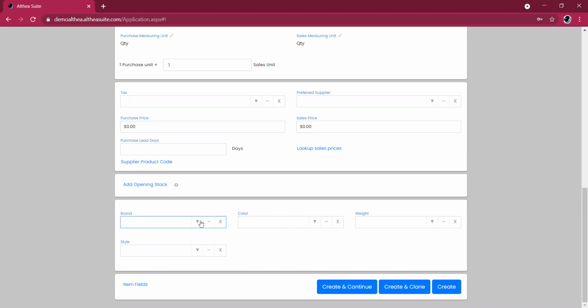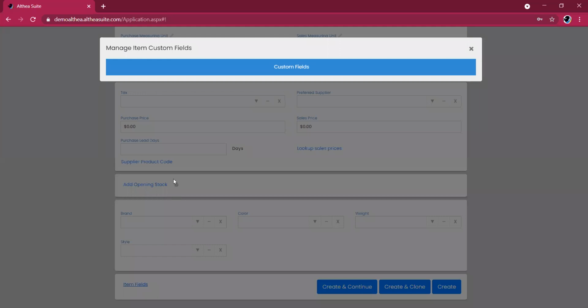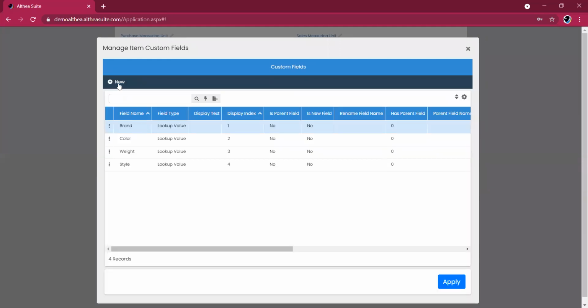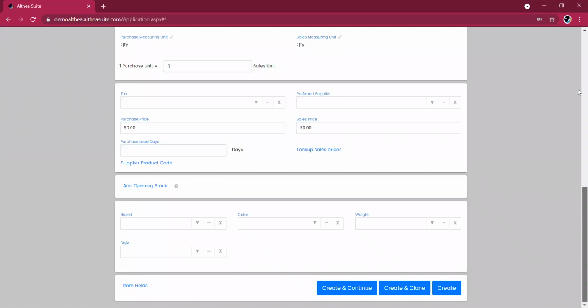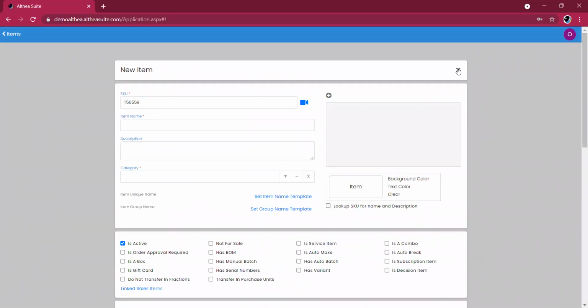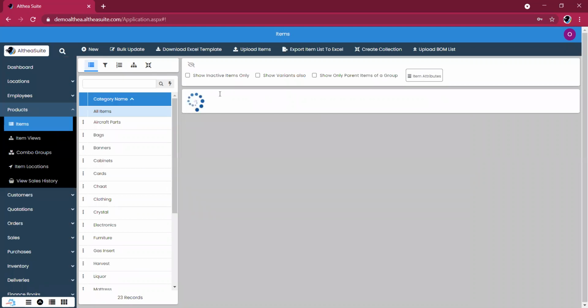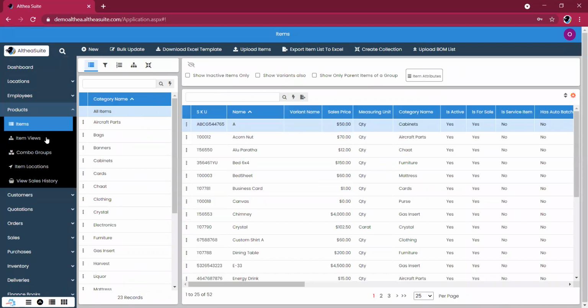And you might have already associated values such as what colors are actually available and associated them with the different products. If you want to create a new item field, you can do so by clicking on the item fields and the new button. So the available fields, if they are already created, you can then go ahead and start creating the item view. So we'll head back to now the item view button.